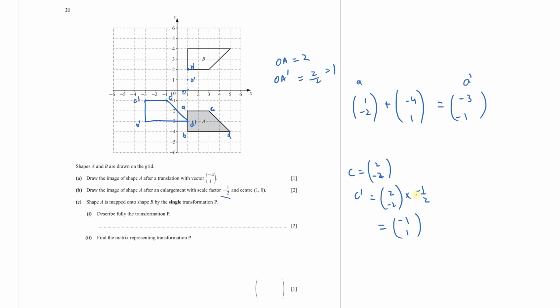If I multiply here, yeah. So now this is the column vector of C dash. Again, this is from the center of enlargement. So from the center of enlargement, you go -1 and then you go +1. So this will be your point